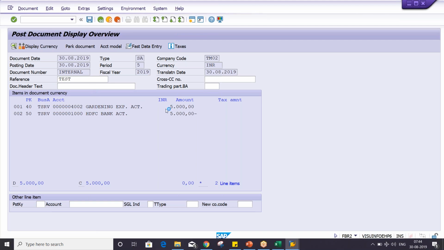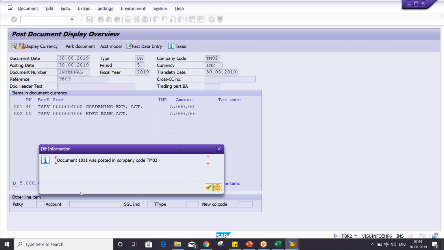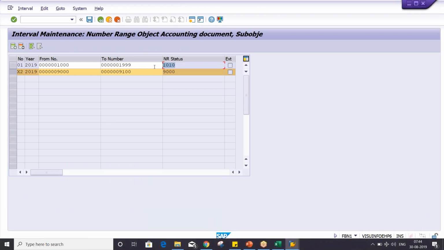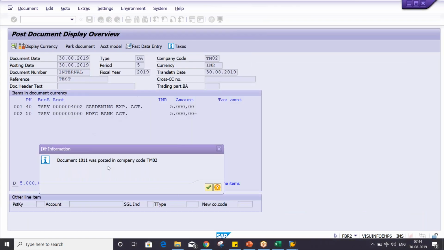Because all the details will be as it is, simply what we have changed was posted. Document number 1011 was posted. I told you guys, this time SA document type, but it has trigger which one? Look at here, NR status 1010. And just now we have posted one document, that is normal document, right? So document number